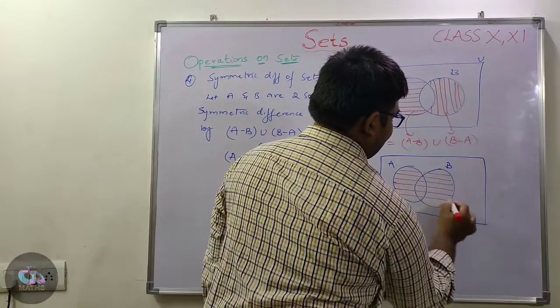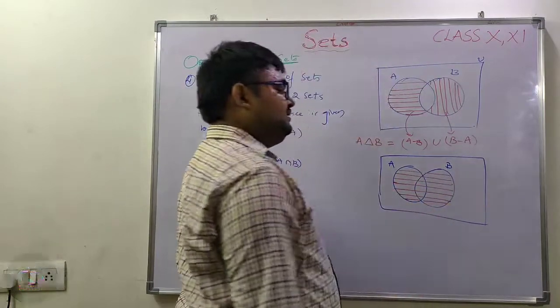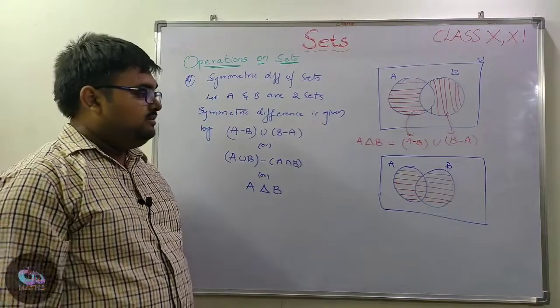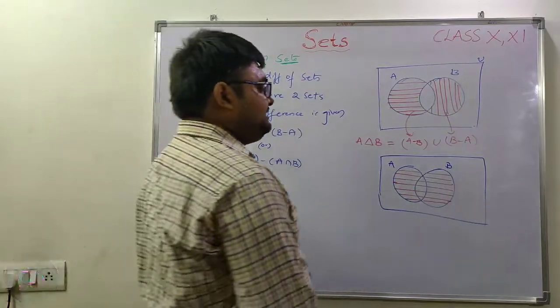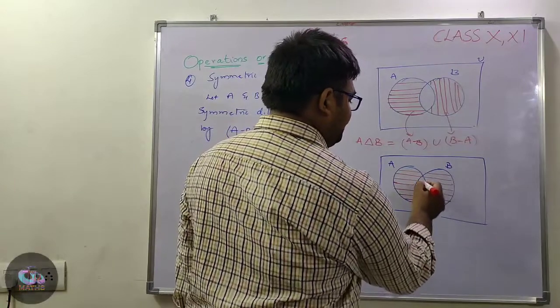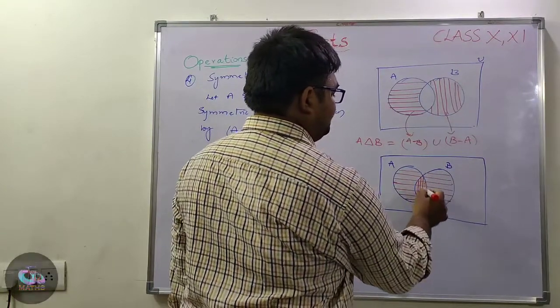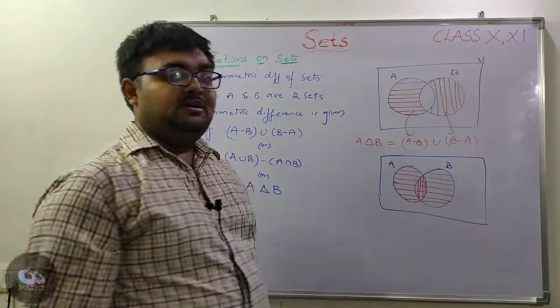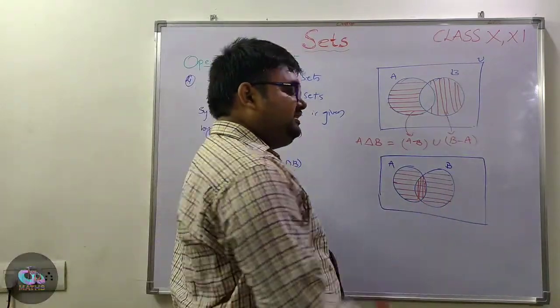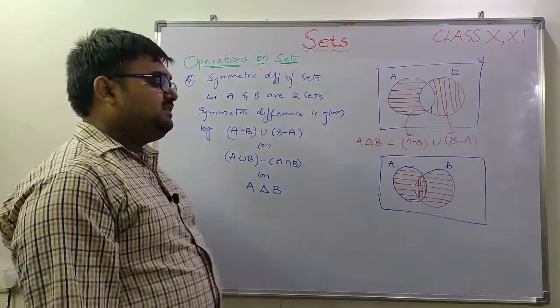This particular part is A union B. The same way, A intersection B is nothing but this particular part. So the horizontal mesh part is nothing but A union B, and the vertical mesh part is nothing but A